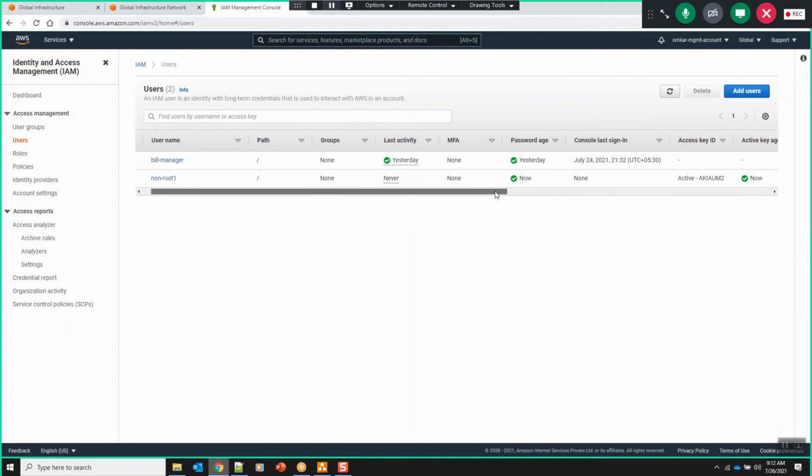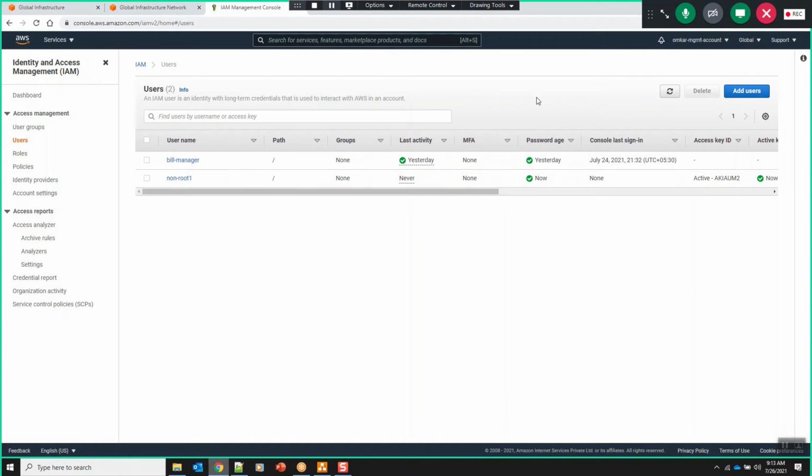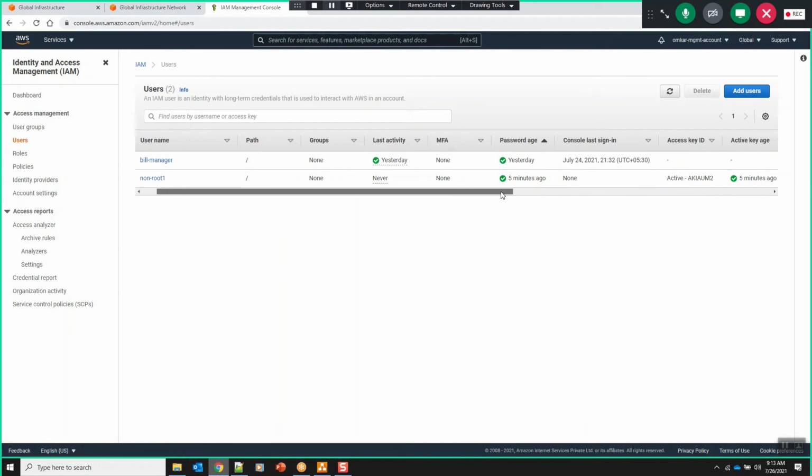Even if you didn't enable any policy, you can come here and sort it, right? When I sort in ascending order and descending order, the items are sorted whenever I click on this sort option. So let's say someone has not changed their password for more than 100 days, I can come here, click on the password age and sort it in descending order. For whoever is exceeding more than 90 days, I can notify them manually, or we could set some policies as well.